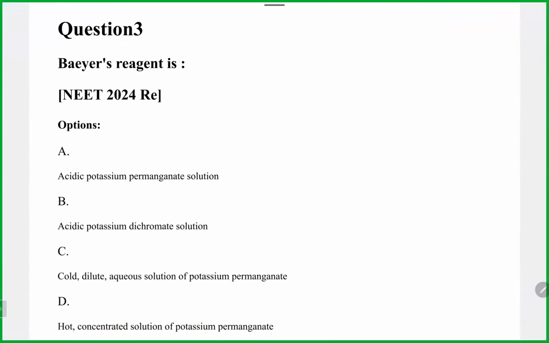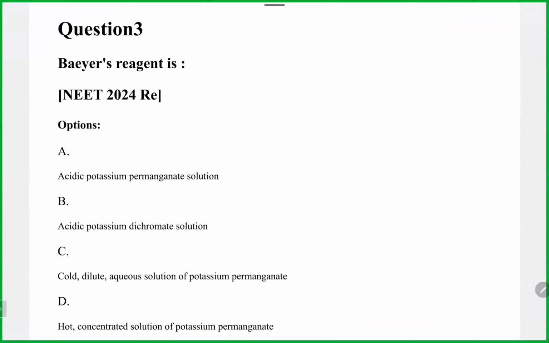Chandana, what is the answer? Sir, option C. Exactly, option C. Cold dilute aqueous solution of KMnO₄. But remember one thing, even if you don't read this from here,